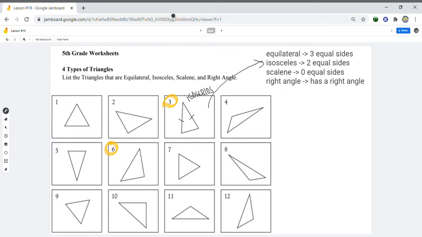Now let's look at number 6 over here. So again, I like to first check if it has a right angle or not. And number 6 over here, I look at this, no, this, and it looks like this is a right angle. If you look at it,